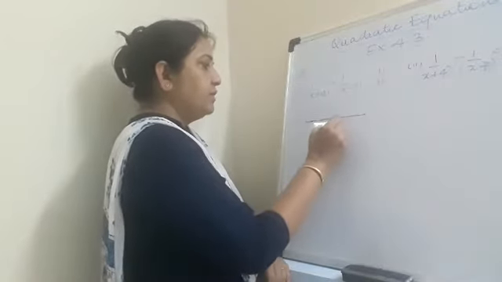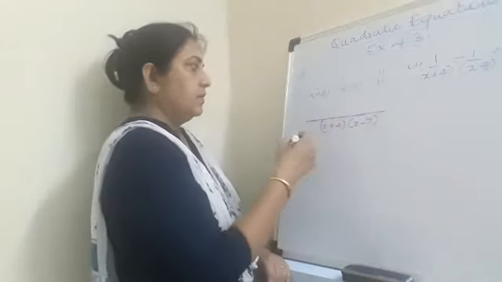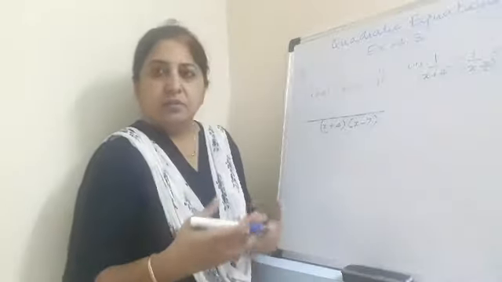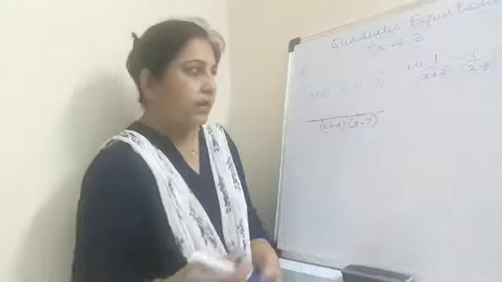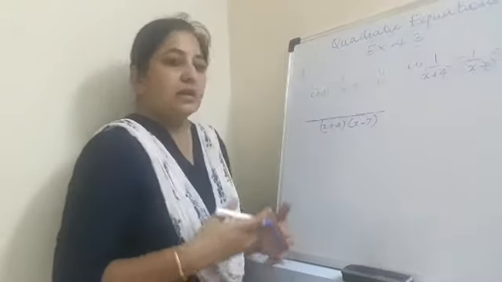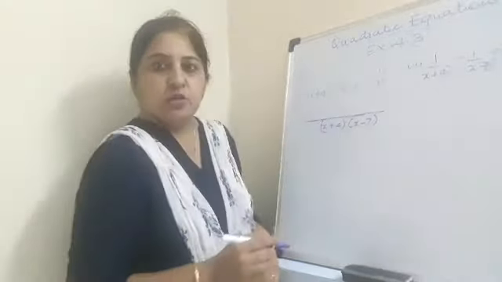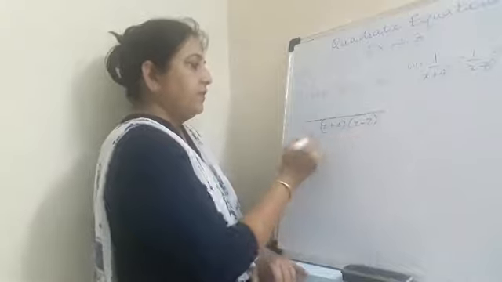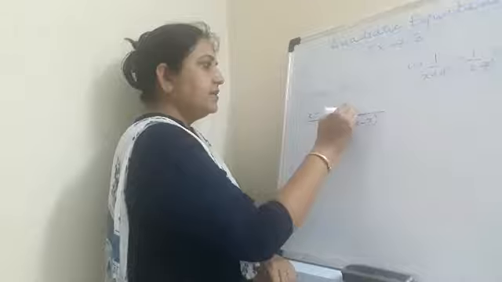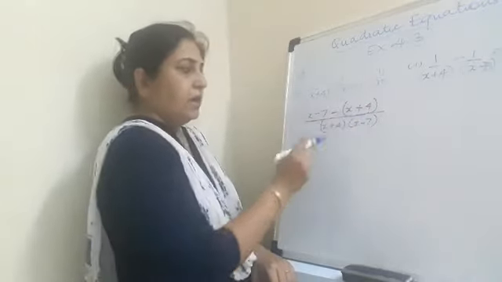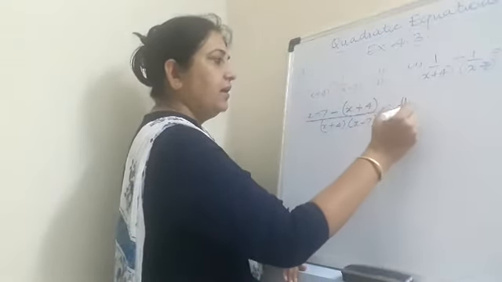So here I write x plus 4, x minus 7. If in between there is any mistake while I'm reading or explaining something, please ignore my mistakes because I cannot correct it again and make the video. Okay, sorry for that. Right, so here I get x plus 4, x minus 7, and x plus 4 I divide, then x minus 7 minus x plus 4 I put in the bracket because it will be easy for me. If I put in the bracket, I have to change the sign. So here I get 11 by 30.